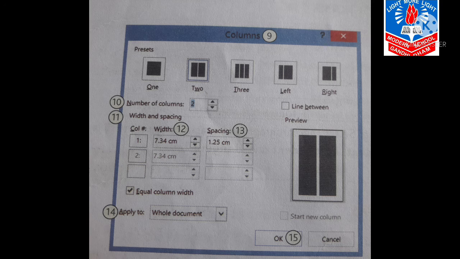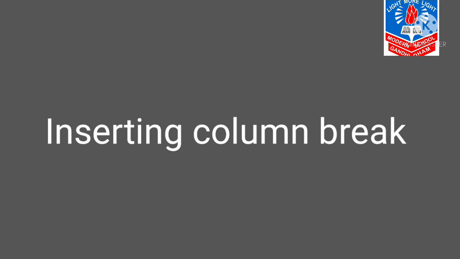Fifth, go to the Apply to option and select the whole document option from the drop down menu. Click the OK button. Now next is inserting column break. Once the text is divided into columns, sometimes text in the column seems unbalanced. Also, there are times when you want to adjust the text in the new column. Both these require inserting a column break in the text. Inserting a column break allows the text to get adjusted in the beginning of the new column automatically. Follow the given steps to insert column break.